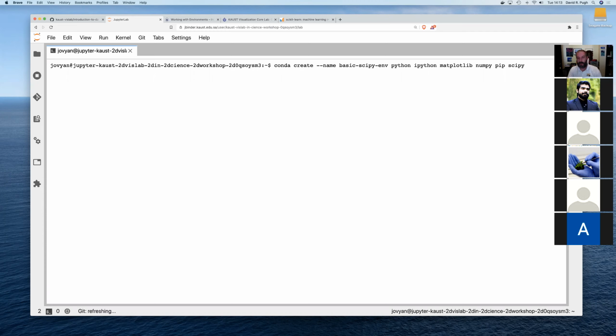So let's say you really wanted to use Python 3.8 or greater. So then you could put Python greater than or equal to 3.8 and then leave the rest of the version numbers unspecified and basically allow Conda to choose which to install. So now if you hit enter,